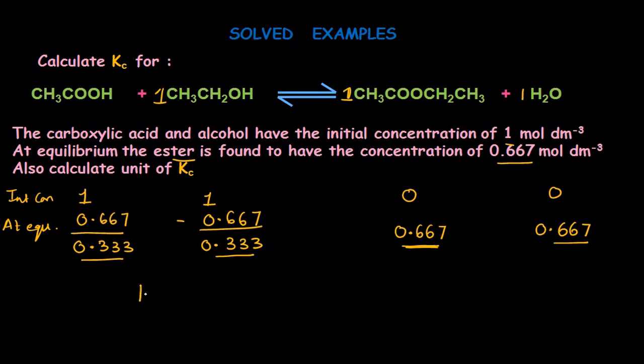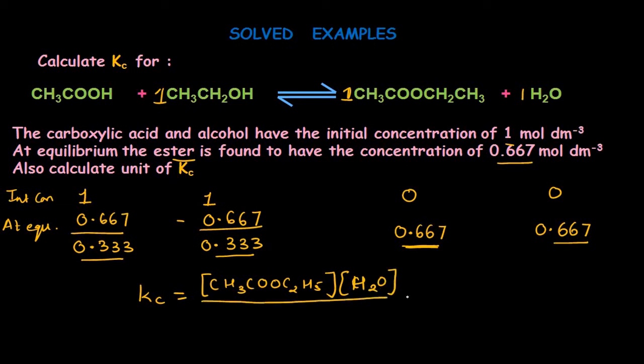So let's work out the value of Kc by writing the expression first, that is the concentration of product, that is ethyl ethanoate, in the numerator, multiply by the concentration of water, divided by the concentration of ethanoic acid, CH3COOH, multiply by the concentration of ethanol, that is C2H5OH. Now if we substitute the values, we get